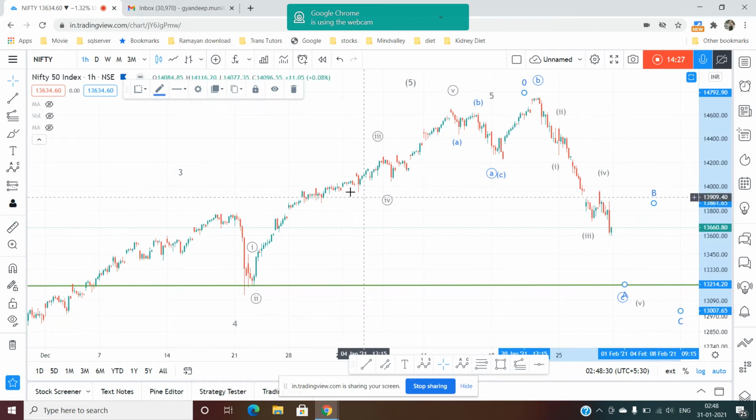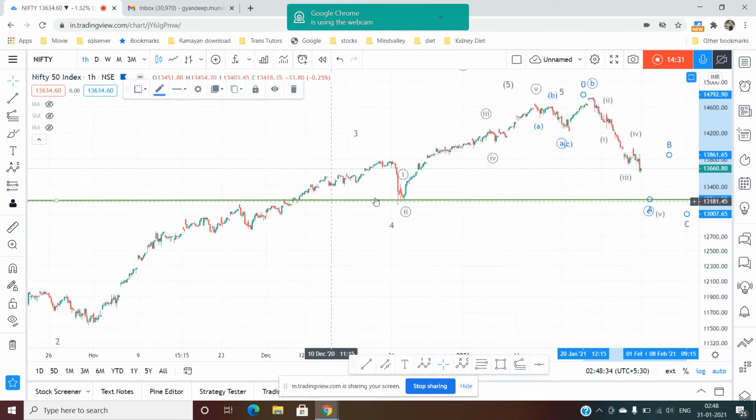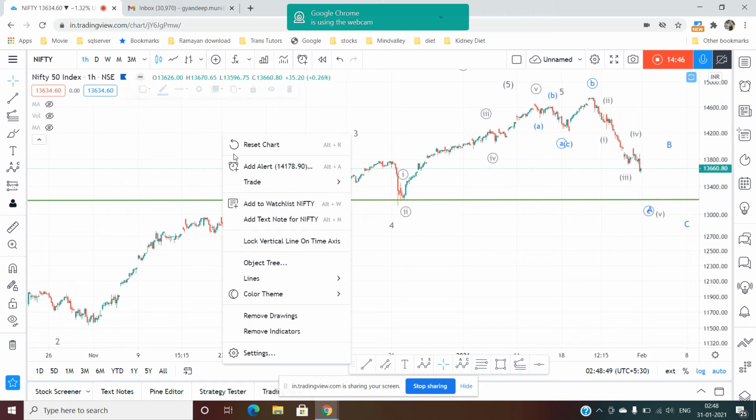But if we remove all these things, what is very important is this zone. This zone is very important. If the price cuts through this support zone, then we can say there's a higher downtrend coming. Now we'll define everything